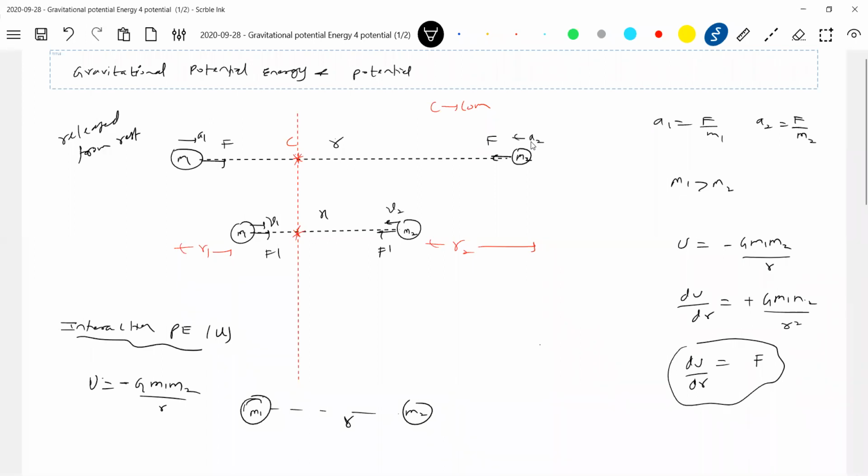Okay, let's come to this one. If there are more than two particles. Now what do you mean by the negative sign? It's a closed system. It's a bounded system, to tell you that. Now if there are more than two particles,